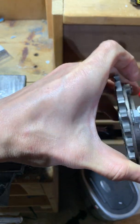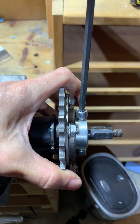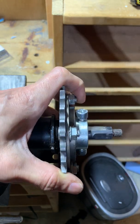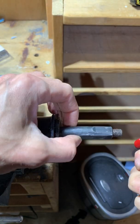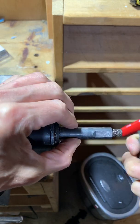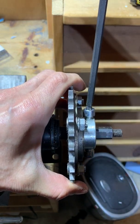is to just remove it and spin it 180 degrees, because, as you can see here, it looks like it's probably handmade, the shaving here. So if it's not perfect, there might be one way that it's better than the other. So